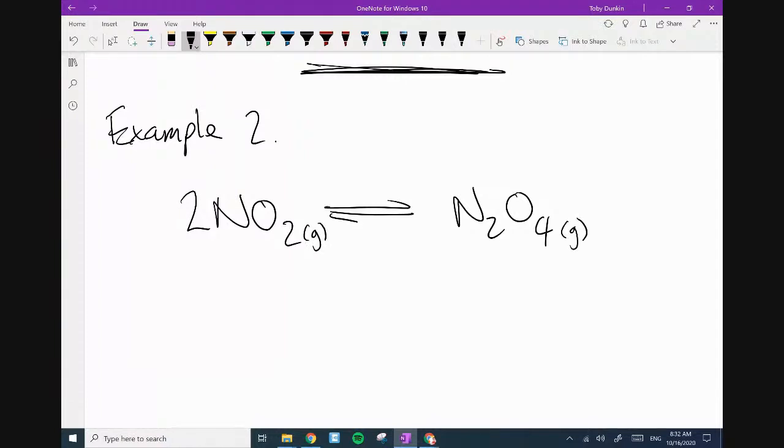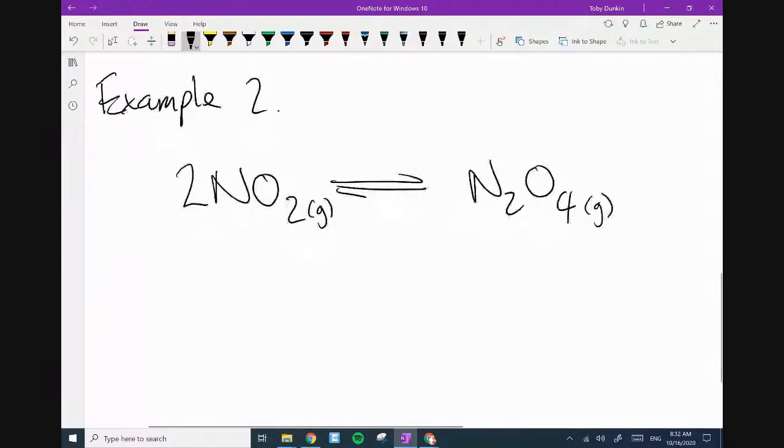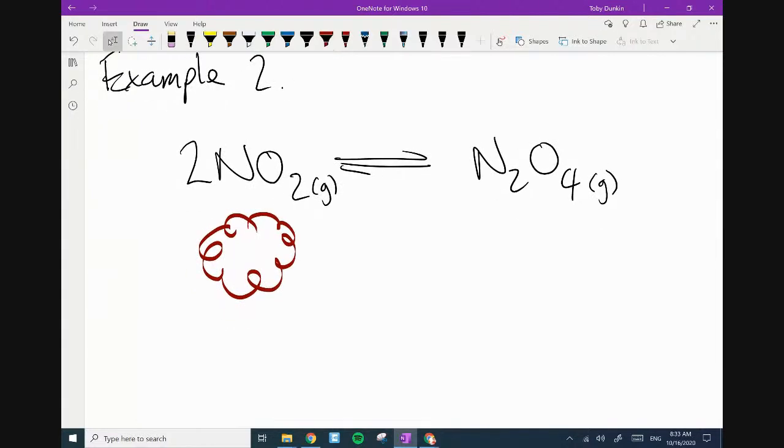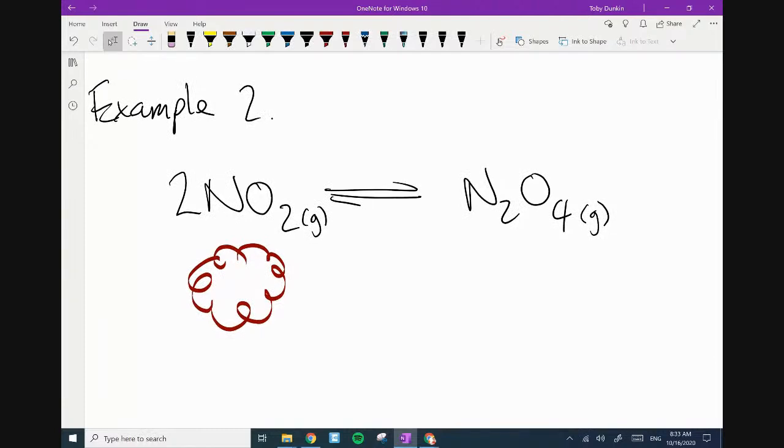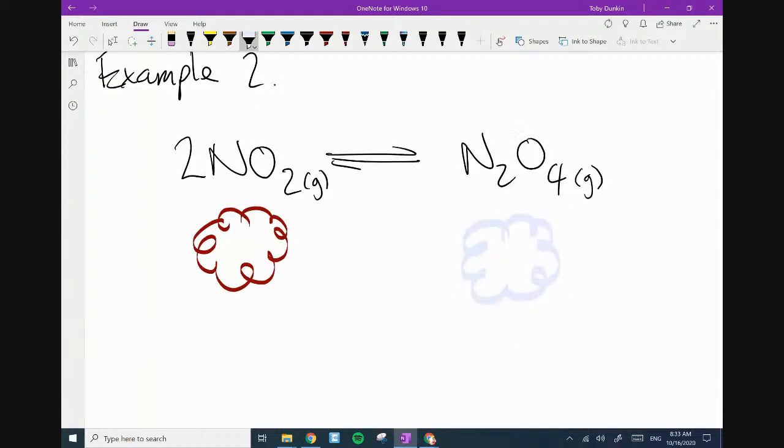Now, the reason why this one's a really lovely one to see is because NO2 is a brown gas. NO2 is a horrible, toxic brown gas. Very acidic, also causes edemas in your lungs. Not a very nice gas, pretty toxic. Now, N2O4 is a colorless gas. That one is colorless. So we've got a brown gas,